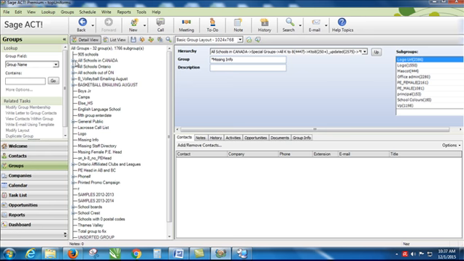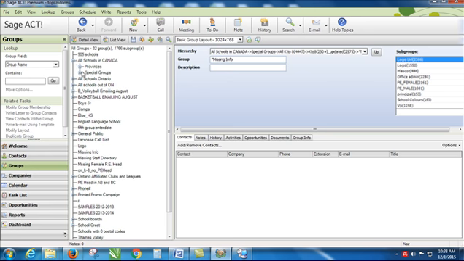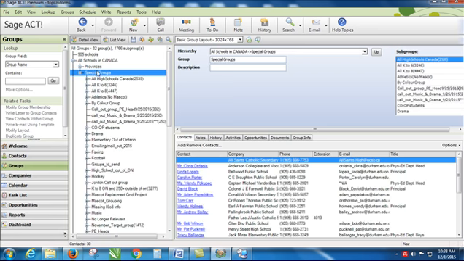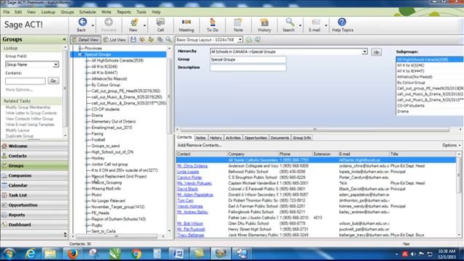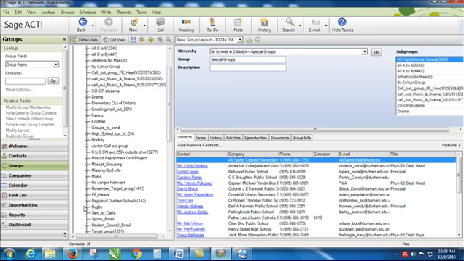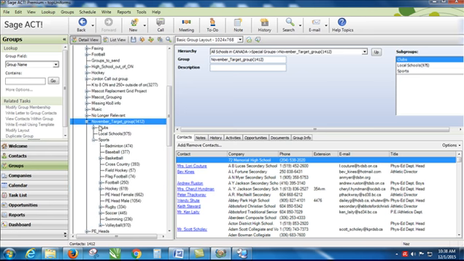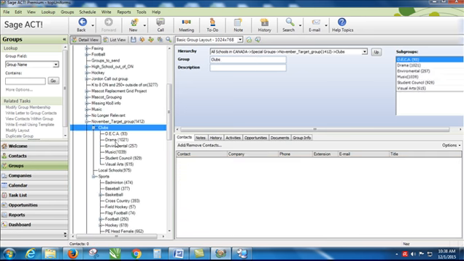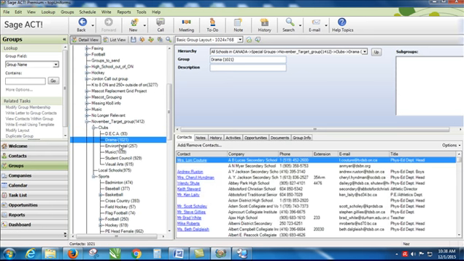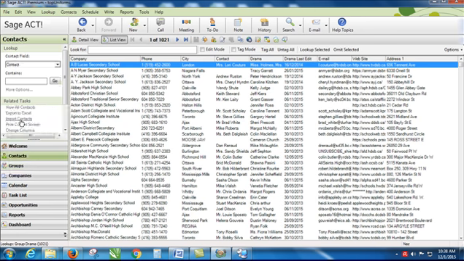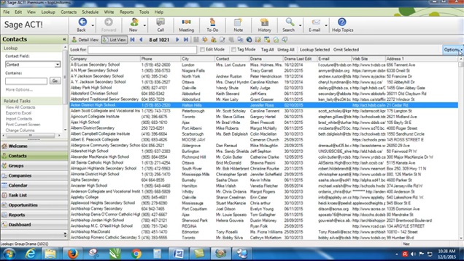The first category you're going to look at is All Schools Canada, and it breaks down into two things, provinces and special groups. In special groups, you're going to find a whole whack of different things, but I'm just going to go to our November target group. And I'm going to go into drama. Yes. And to actually get into the group, you have to click view contacts within group. Okay, so